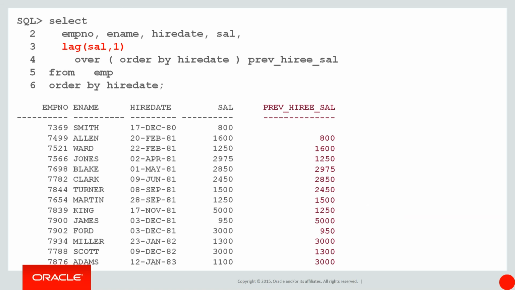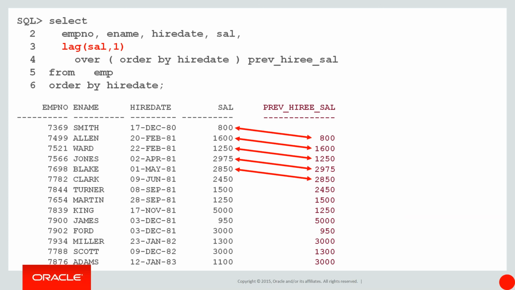So, for example, if I say, get me the lag salary 1 defined by hire date, I'll draw some little arrows there to help you out. As I move on to Smith, defined by hire date, there's no one hired before Smith, so there's no previous hiree salary. If I look at Alan, the person hired before Alan was Smith based on hire date. We can see line 4 in this example.